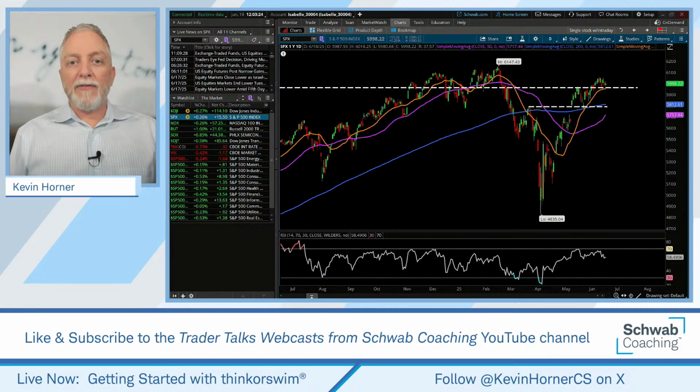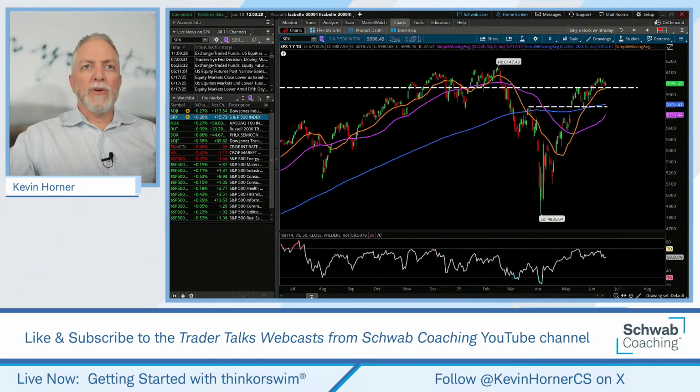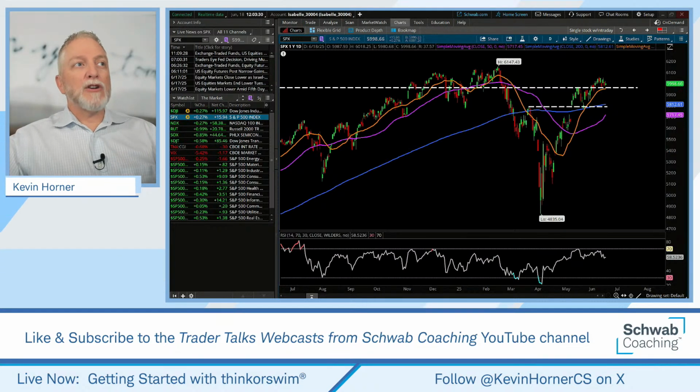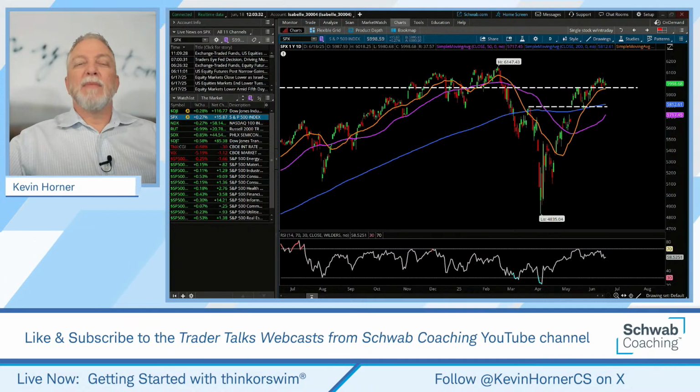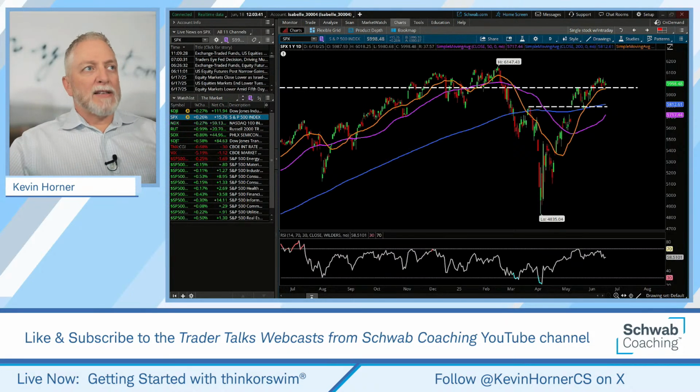I have, of course, customized my settings, mostly my appearance details, to be in line with what I want to see from the platform. And as you can note here, everybody, I've got some manually drawn lines in my chart, but I've also eliminated a lot of the background noise. So I don't have price or timelines on my chart. It's very clean and very basic. But the color scheme also differs.